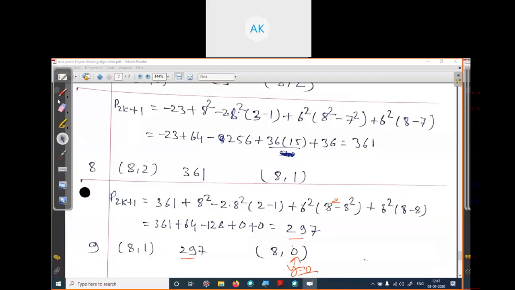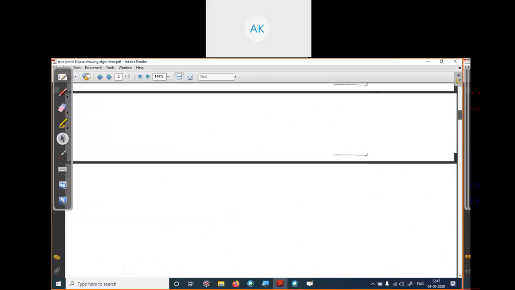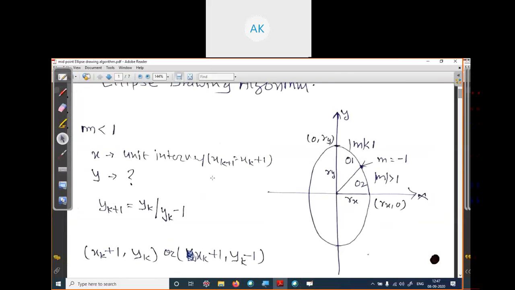Is it clear? Now is it clear? Here again you see we start calculating from this point, which is r0, ry was 6. We have reached this point where x is 8 and y is 0, so we stop calculating when y is 0. At this point we have calculated our intermediate point.